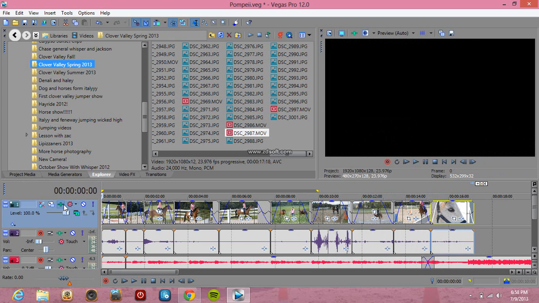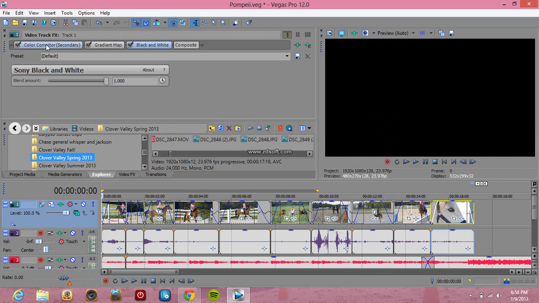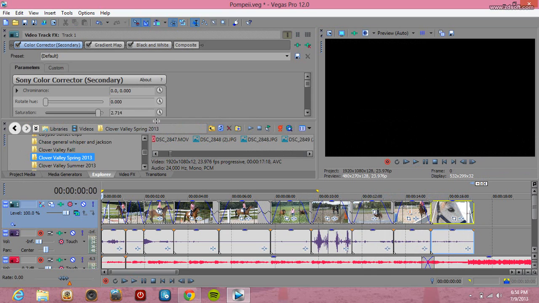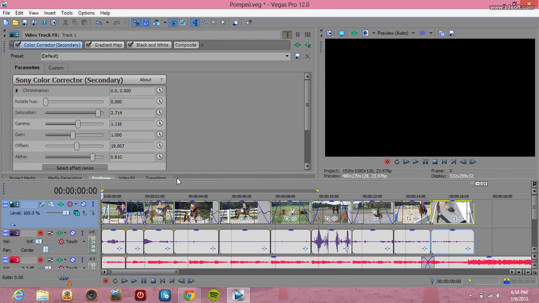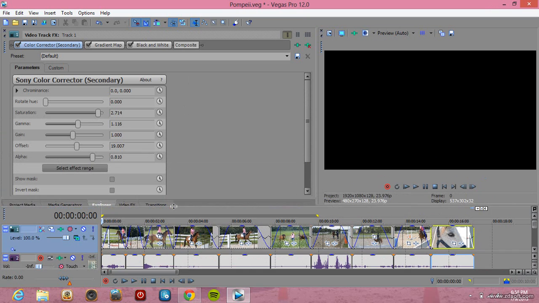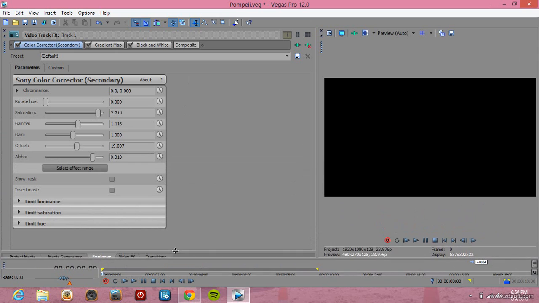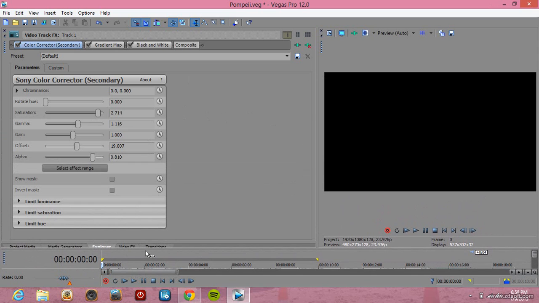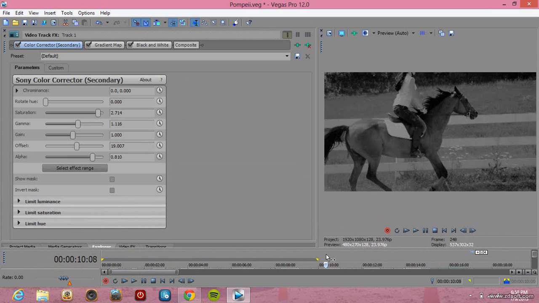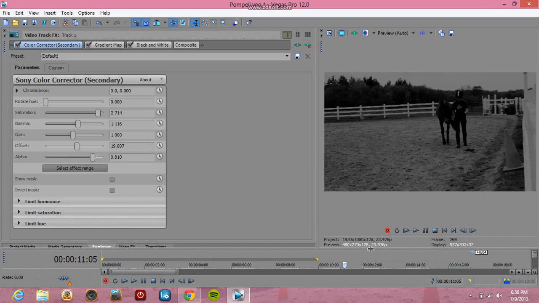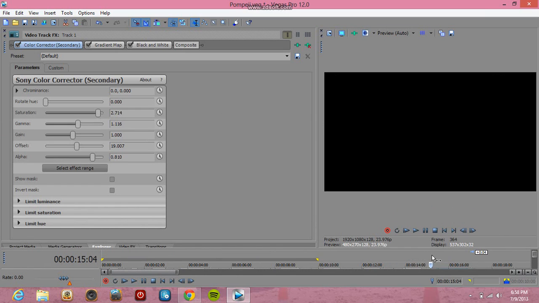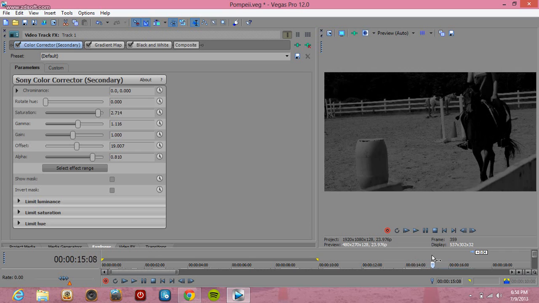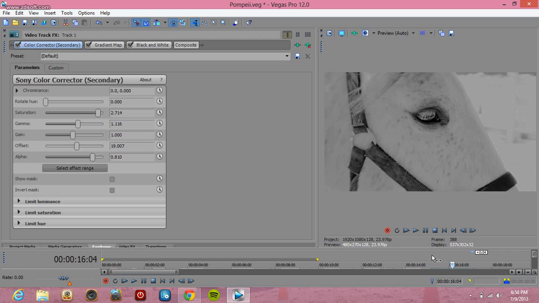So now we're gonna go right here and first start off with color corrector, the secondary one, and you can kind of mix it around, but this is what I used. Those are all numbers that I used, and you can just mix it around and see how it works out. Oops, the wrong one. Let me give it to this clip. Okay, so just try to copy all of these,